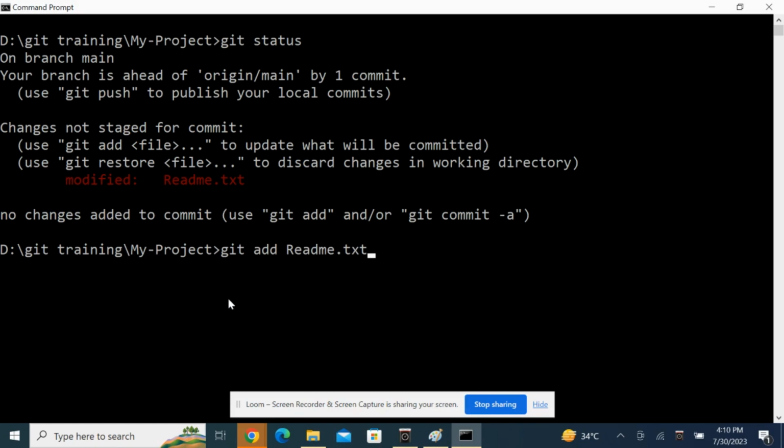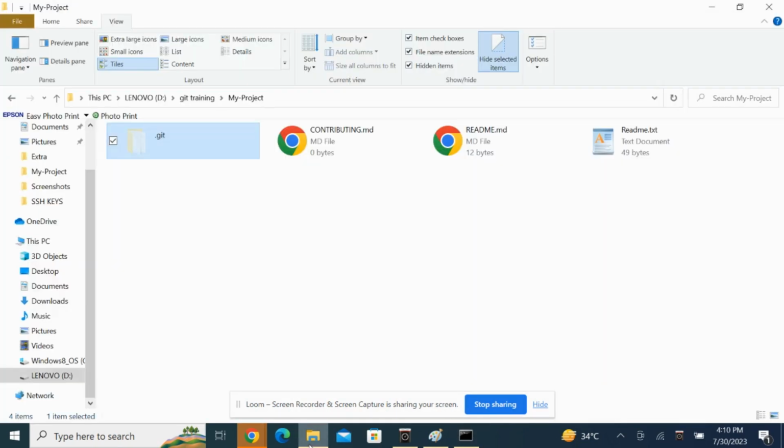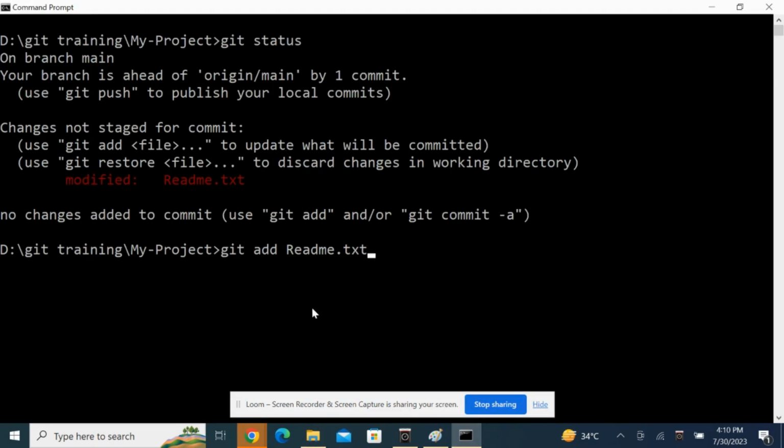Let's stage our changes using the command git add and the file name, readme.txt. I'll show you the file in the working directory. This is the file readme.txt. When we run this command, it successfully stages the changes made to this file. If we again try to run git status,